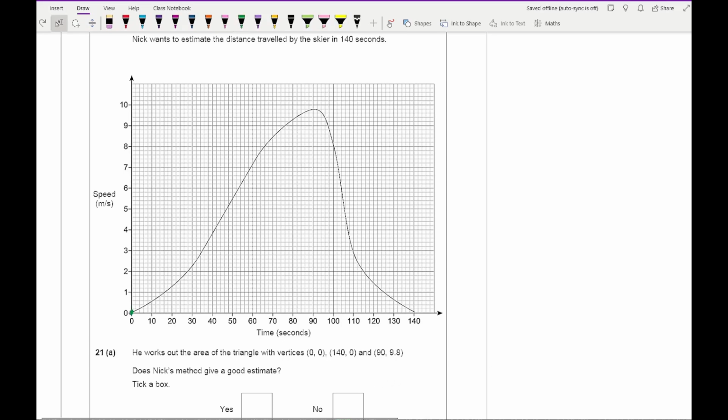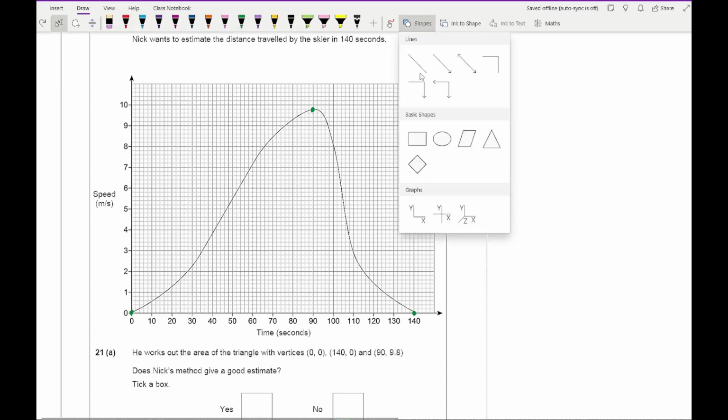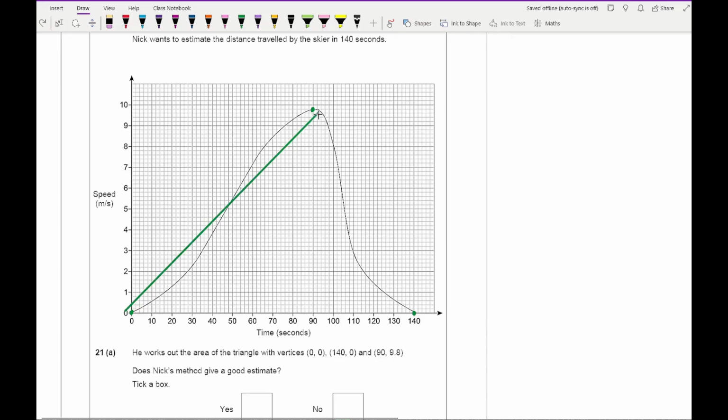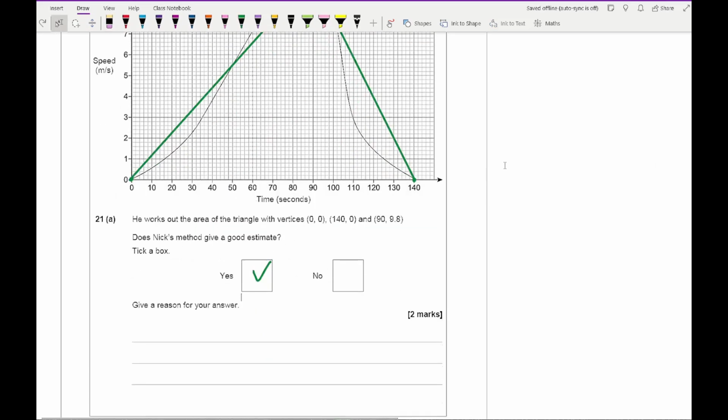Well, if we plot those points, so 0, 0, 90, 9.8 and 140, 0, then I connect those points up, like so. And is that a good estimate? I would say yes it is, and the reason for that is because the area